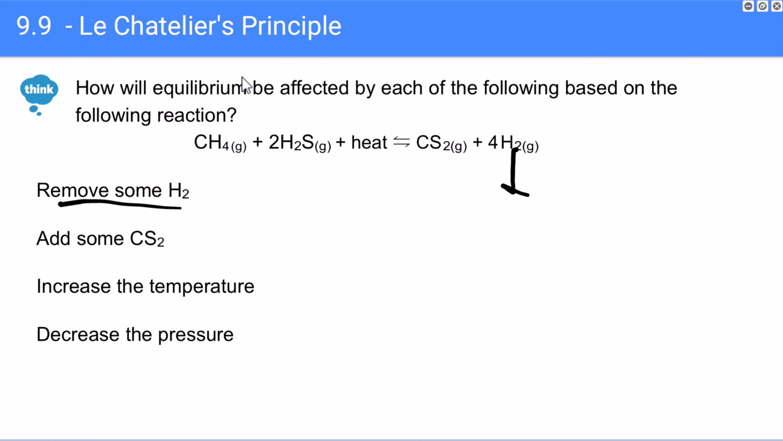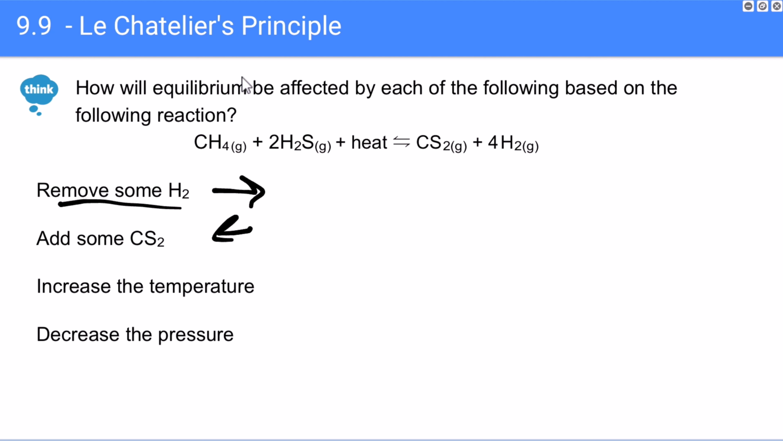So by removing a product, we are going to shift equilibrium to the right in order to, well, reestablish chemical equilibrium. If we add in some CS2, so in this case now we are adding in a product. When we add a product, we shift to make more reactant in order to reestablish equilibrium. Again, it's just a set of rules that we need to make sure that we go through and memorize and